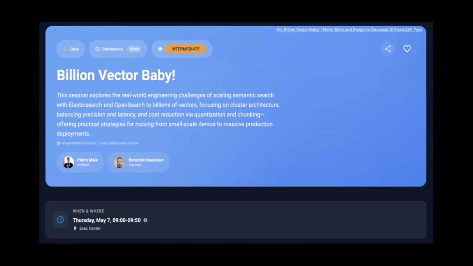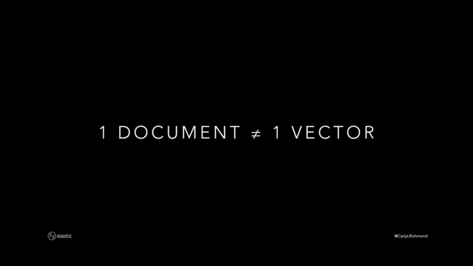But this talk from Benjamin and Pietro talked really well about the different ideas that they had around the fact that we get to billions of vectors in these data sets really quickly. And it's not just the fact that we have this incorrect assumption of one document is one vector and that's it. We all know that that's not the case.